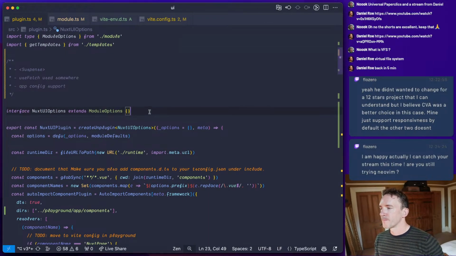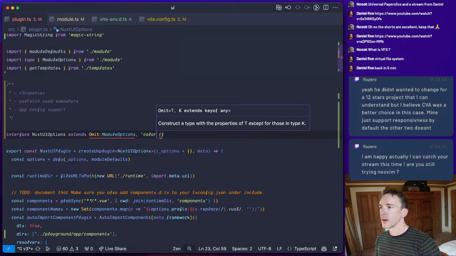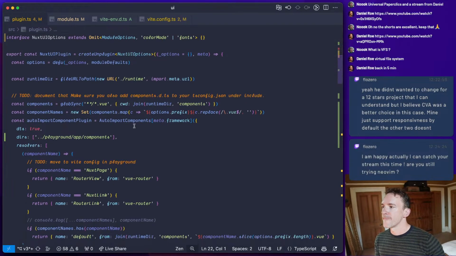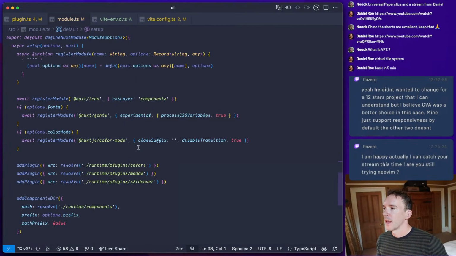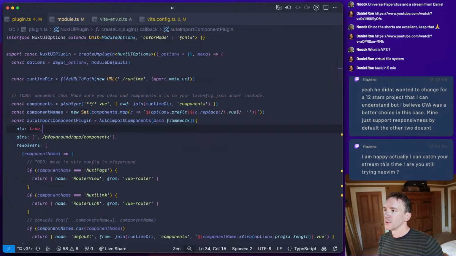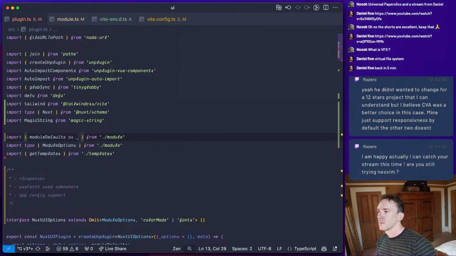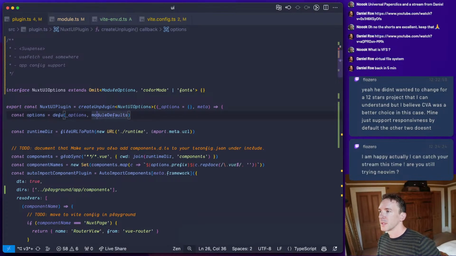So we're going to say omit module options, color mode, or fonts, because those are not valid. And also the defaults will have to be false. So we'll need to stick them in here.